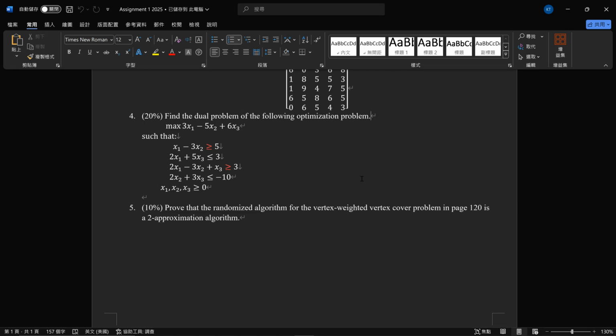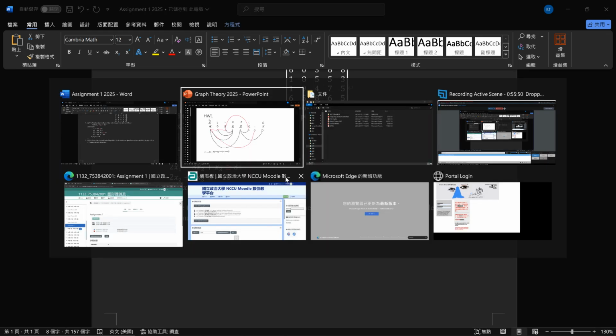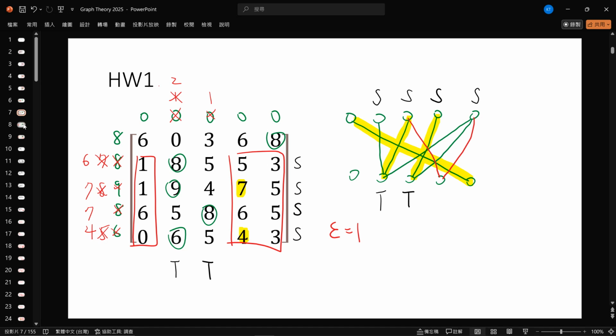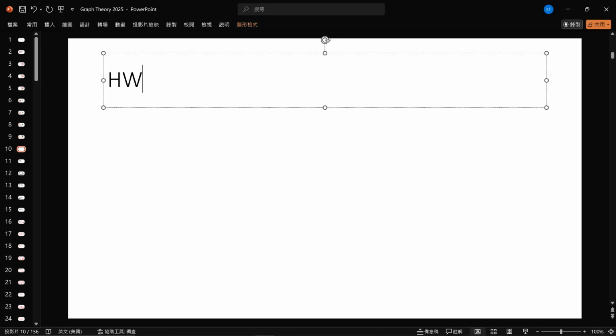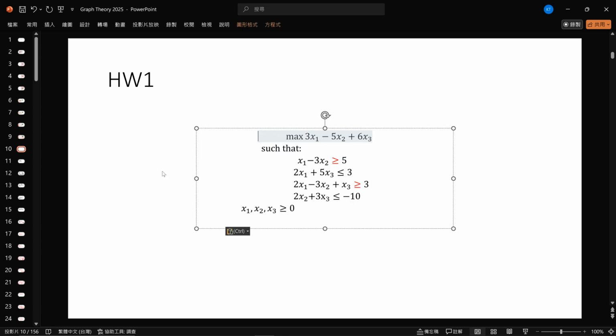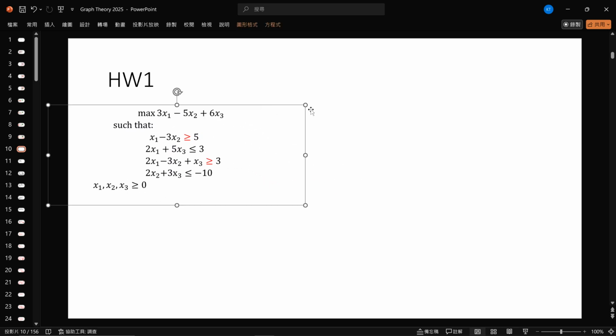All right, so let's continue, okay? So for the next problem, we have to find the dual problem, okay? Okay, so this is our primal problem, and we have to apply the primal-dual transformation to find the dual problem, okay? But before we even begin this transformation, I want to notice that